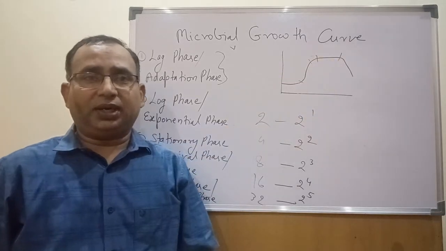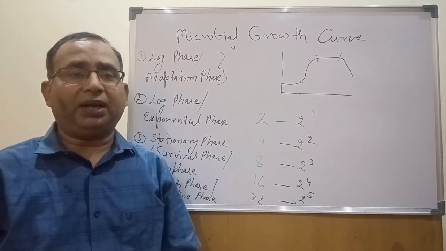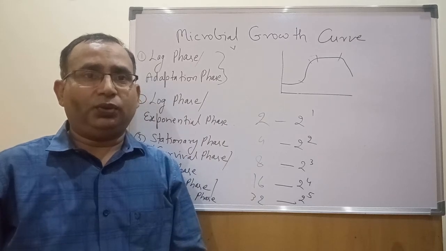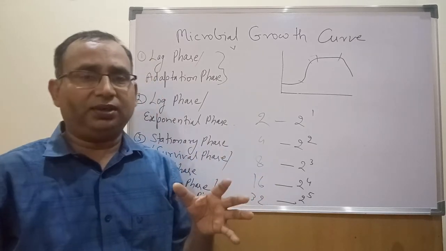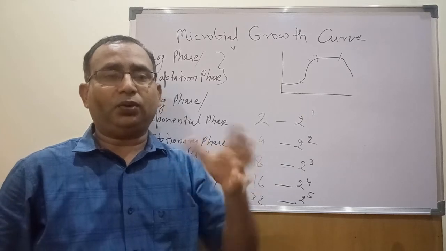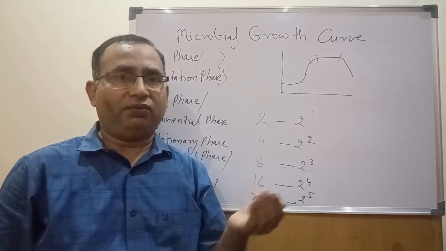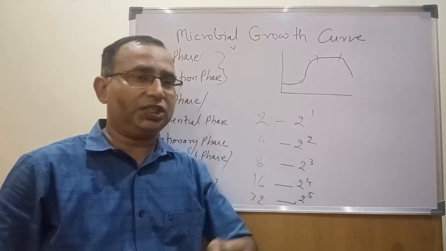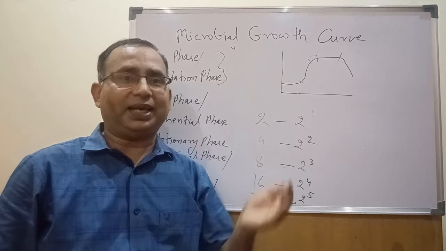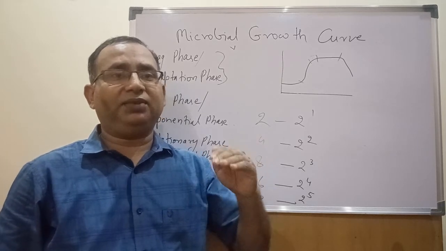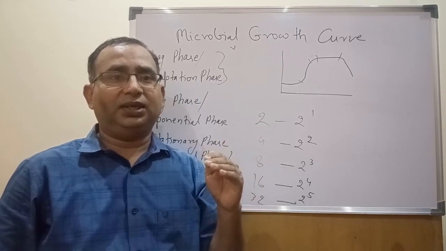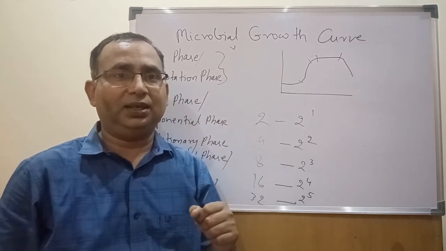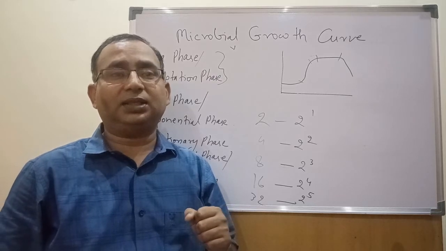During this survival phase or stationary phase, microbes start synthesizing some compounds which do not have an obvious function for the normal growth and development of the cell or for the normal metabolic activities of the cell. So these compounds which are synthesized by the cell during stationary phase or survival phase, which do not have an obvious function for the normal metabolic activities of the cell, are called secondary metabolites.